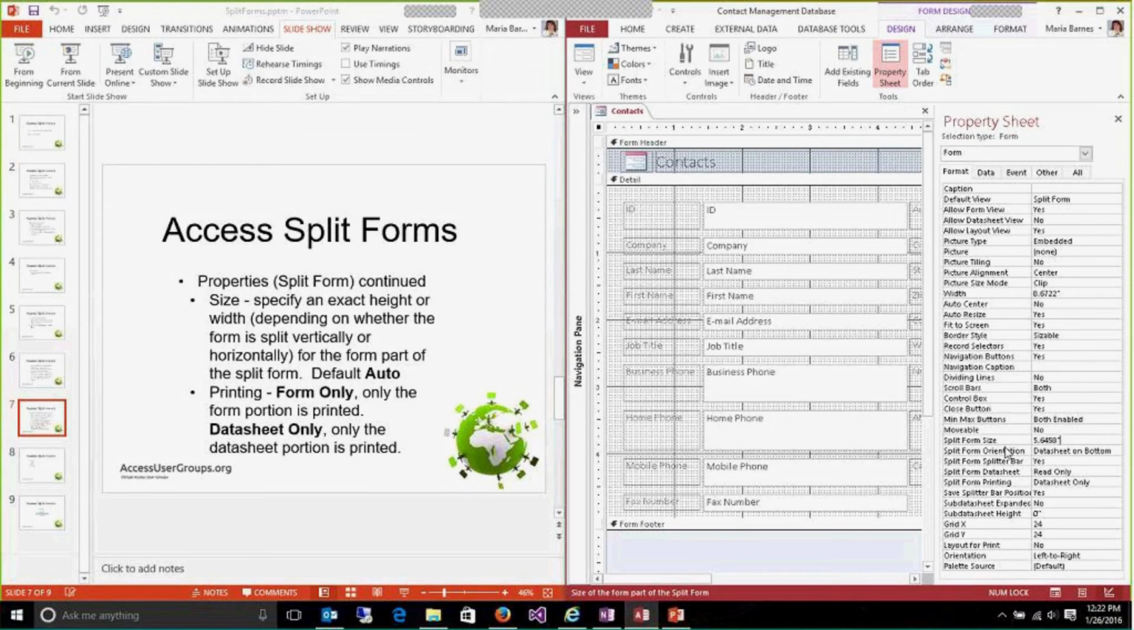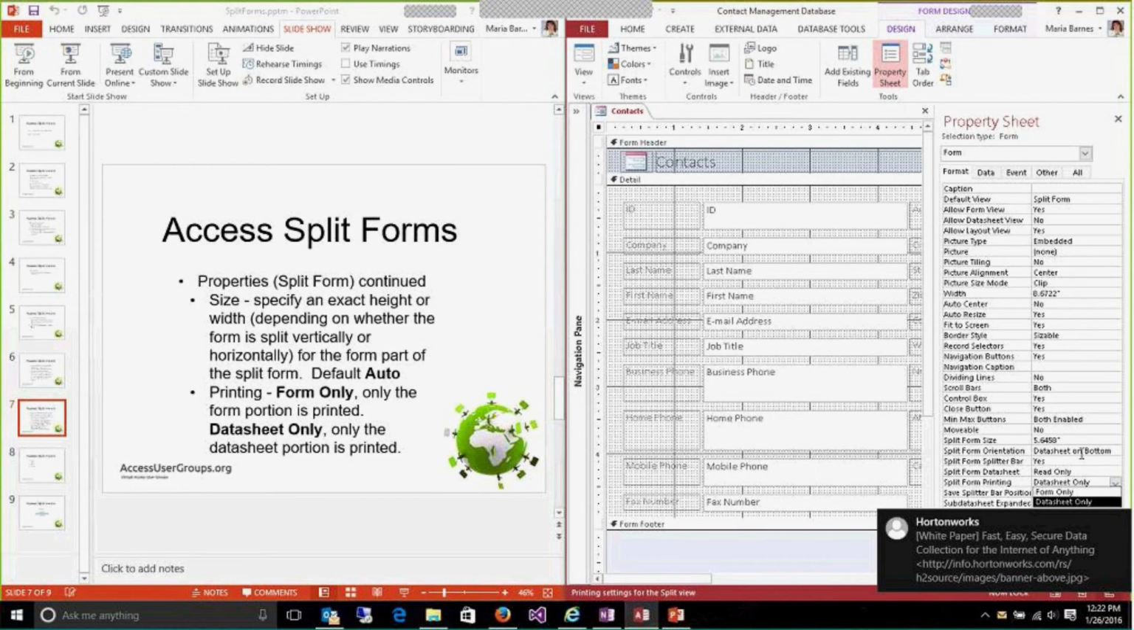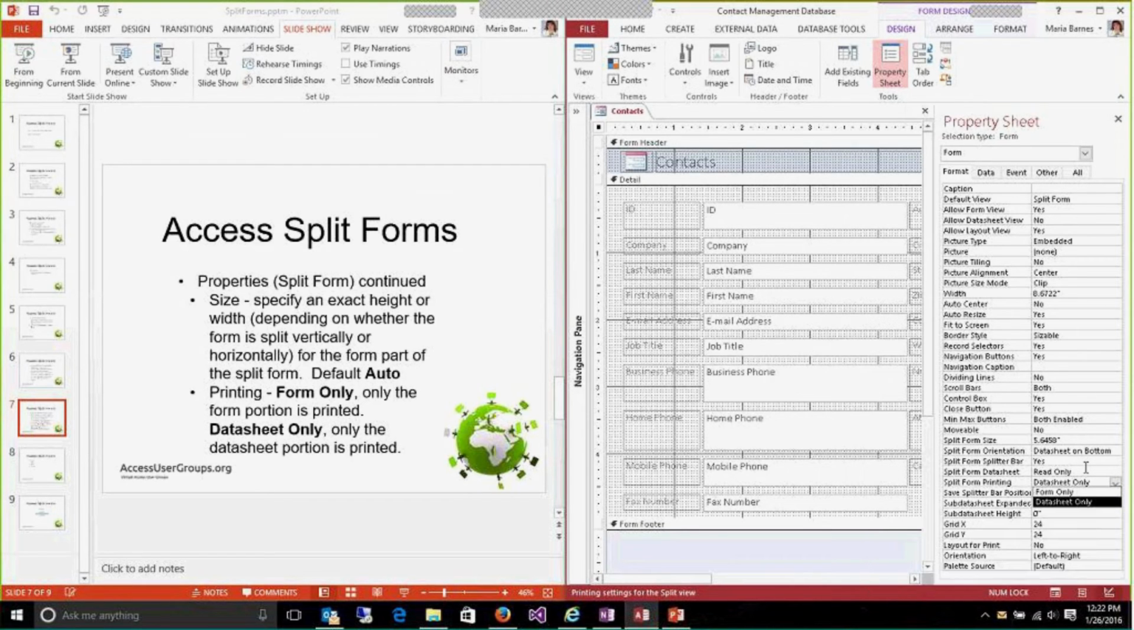And then the last property is printing. When you print a split form, it can print only the top, or only the form view portion of the screen, or it can print the data sheet only portion. And the default is data sheet only, the reason being that if you go to print this form, Access assumes